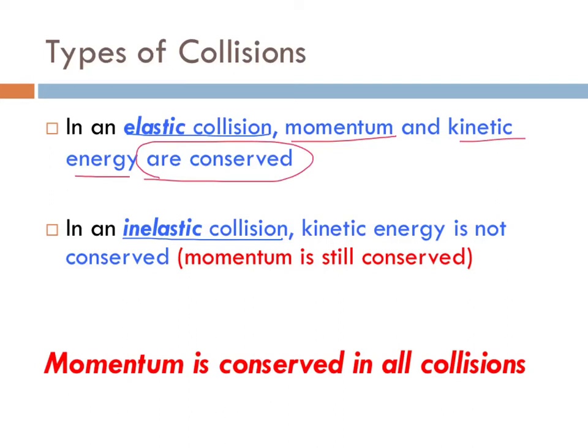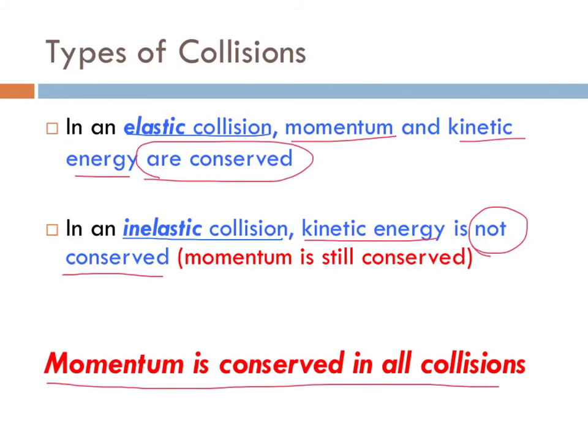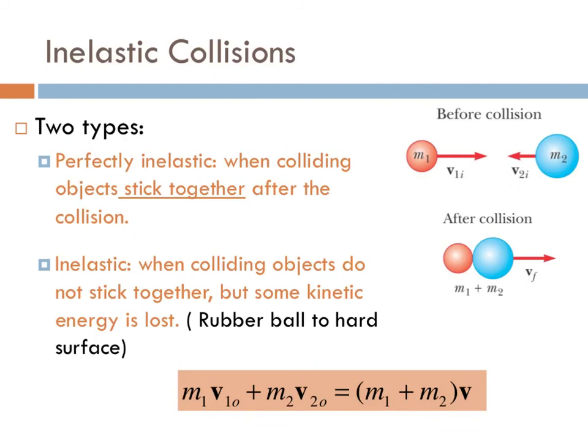Also, for inelastic collisions, kinetic energy is not conserved, and that's a huge idea that we're going to, again, see a lot more of this year. In either case, momentum is conserved. So again, it doesn't matter the type of collision, momentum is still being conserved. It's just that in inelastic collisions, kinetic energy is not conserved. So again, in inelastic collisions, we have two subtypes. We have perfectly inelastic collisions, which is going to be the most common,